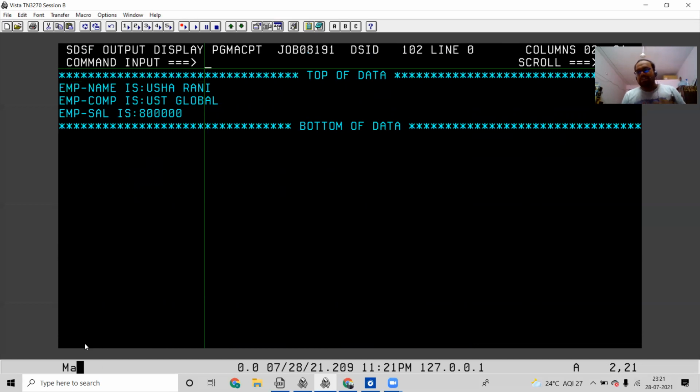Only the right side part got justified, so the 800 got truncated. It will enter from the right side, and whatever remaining part is on the left will get truncated. That is the reason even when we have given the 0, it is showing 8 lakhs actually.